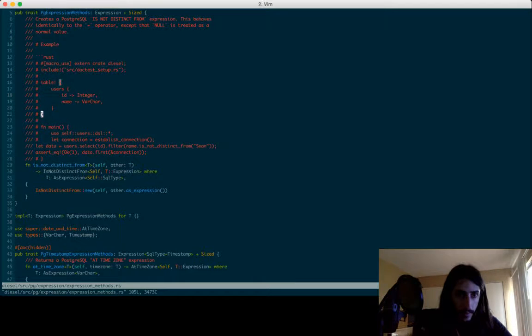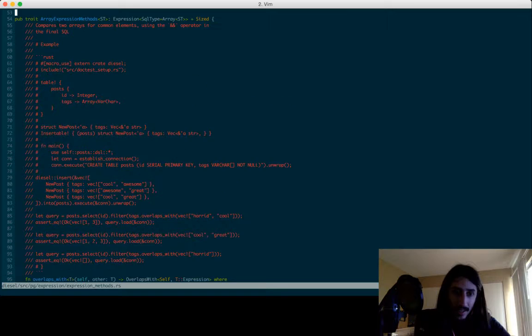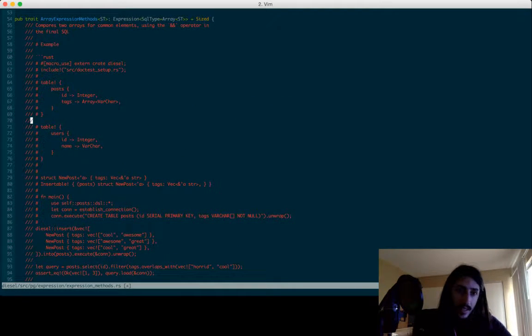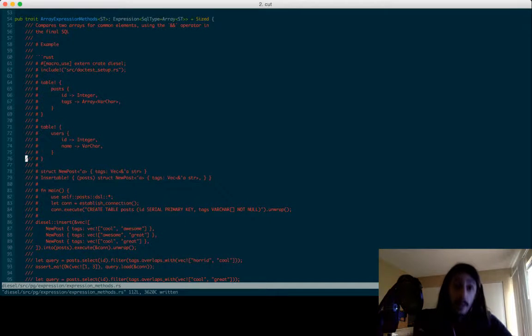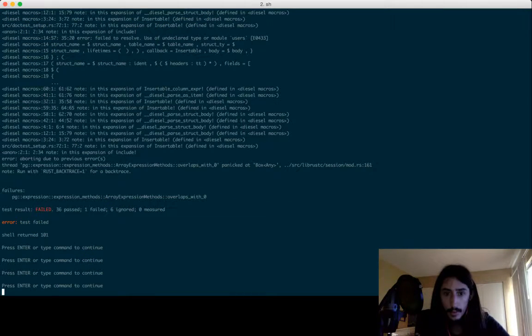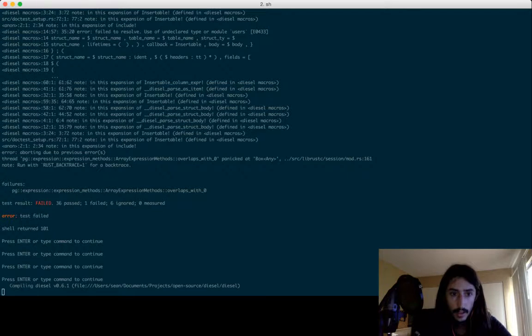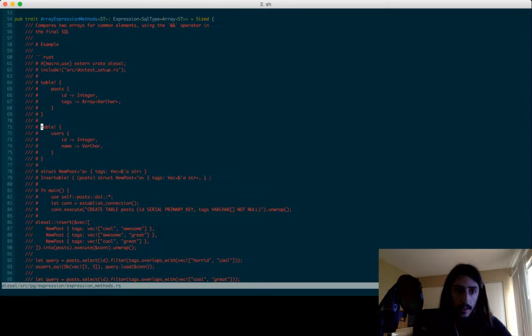And for now, I'm pretty sure I can just put this in the doc test setup, but that is probably going to cause a few other tests to fail, because I think I have one or two doc examples that have a slightly different schema. But it's not super relevant to what we're doing, so I'm just going to stick that in there for now with